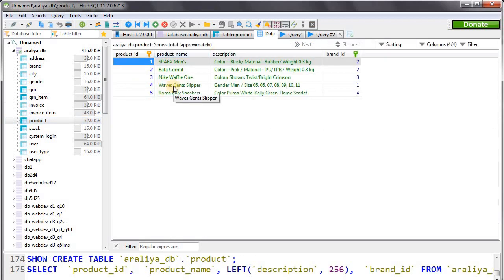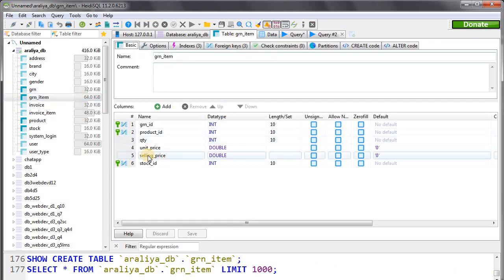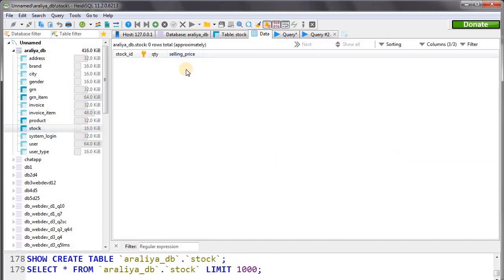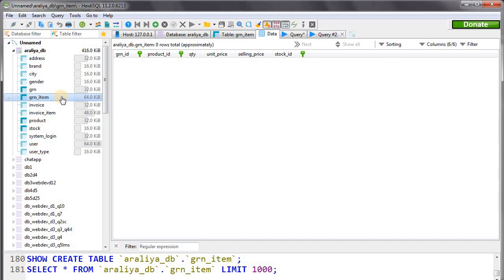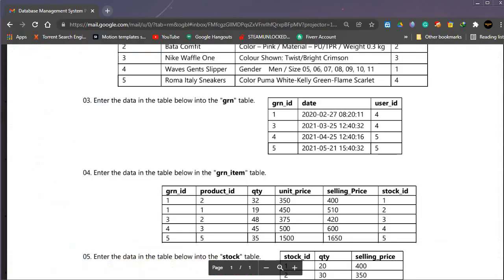But here in the stock table you can see it's also a foreign key, and there's no data in this stock table. So we cannot enter data to this GRN item table without filling this stock table. Otherwise the query is not going to be executed. So we have to enter data to stock table first.